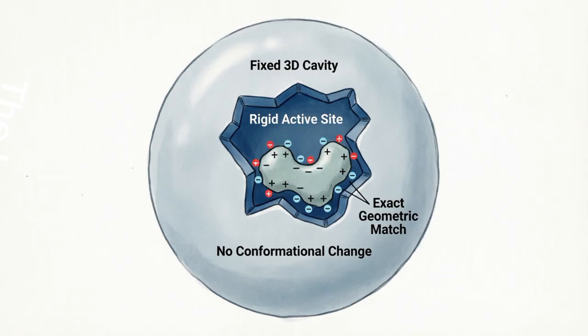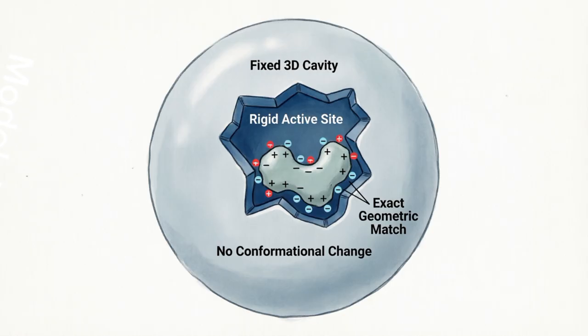The label on the right says exact, geometric match. This means the substrate's shape is the perfect complement to the active site's shape, like a puzzle piece. There's no extra space, no gaps. It's an exact fit. Finally, at the bottom, we see the most important characteristic of the lock and key model,